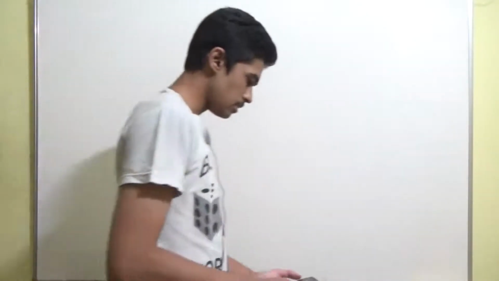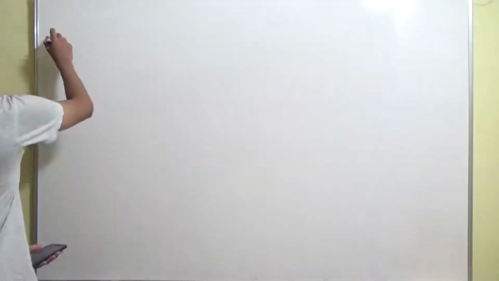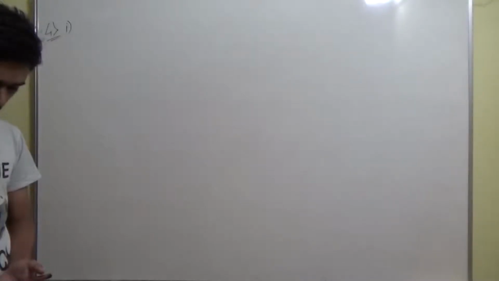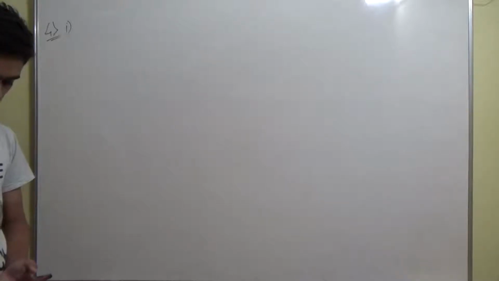So I'll read out the first sub question of the fourth question guys. A part of the monthly hostel charge is fixed and the remaining depends on the number of days one has taken food in the mess. When student A takes food for 20 days, she has to pay rupees 1000 as hostel charge, whereas student B who takes food for 26 days pays rupees 1180 as hostel charge. Find the fixed charge and the cost